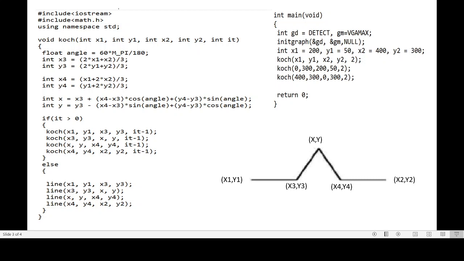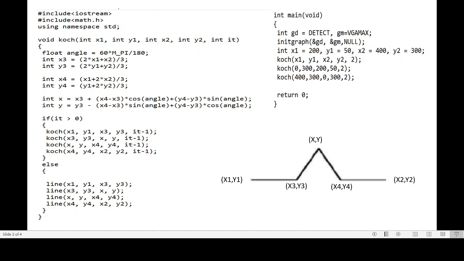So in the diagram you can see that the middle portion of the line is extended, lifted by 60° in the upward direction. So here the angle value is 60. For processing we need to convert this angle value into radian. So the very first step in the Koch function is where we are calculating the angle in radian, where we are using